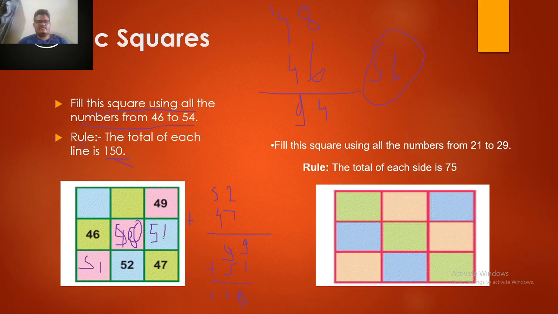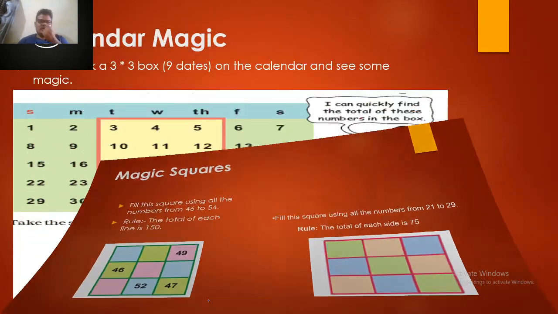Okay, now 2 numbers left, that is 48 and 49. Here will be 48, 49 already is here, and we will write 51 done, 50, 51 done, 52 done, and here will be 53. Now you can check this row, and this row. Add this row, you will get 150 as your answer. Okay, so in this way each row's addition should be 150. Okay, same way you have to do this here for practice.